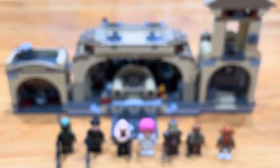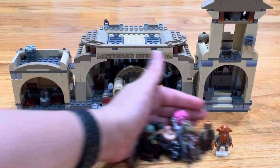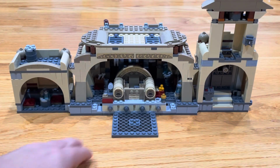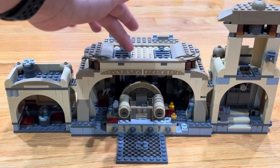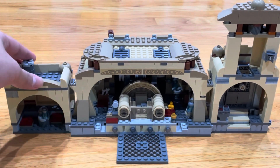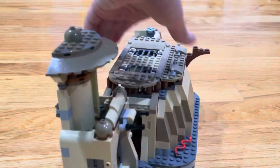So now we're going to go on to the build of the set. If I just click on minifigures for a second, this is the build. You can see there's the main throne room, some little cantina type bar thing, and the entrance. If you turn around the set,